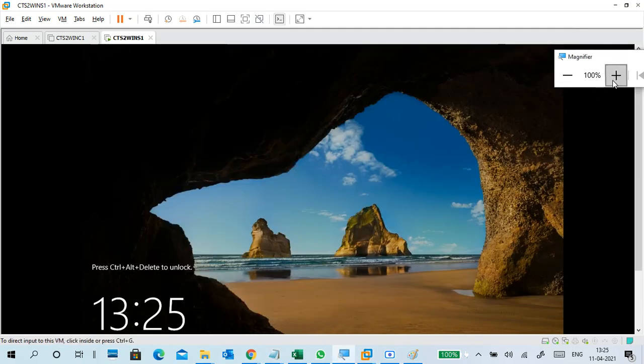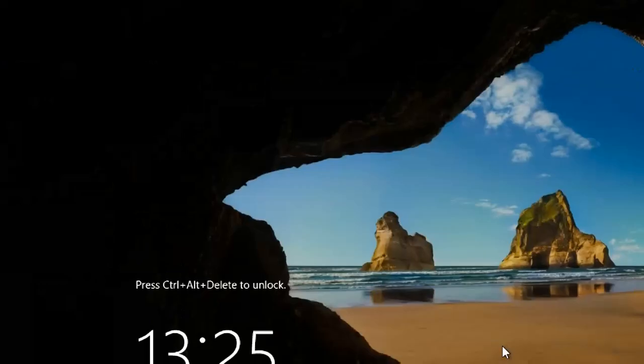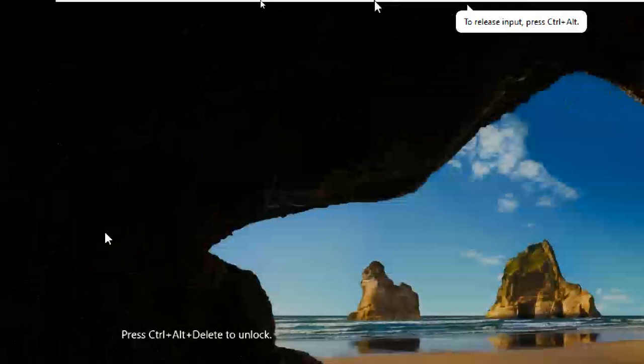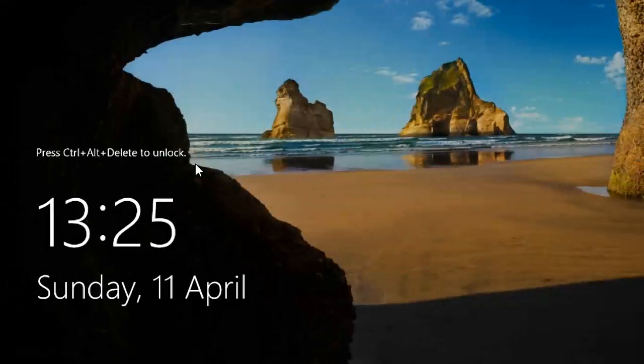Guys, it is showing Alt+Ctrl+Delete to unlock, so I'm going to full screen mode. If you don't type Alt+Ctrl+Delete, go to the Alt+Ctrl+Insert button on your screen.